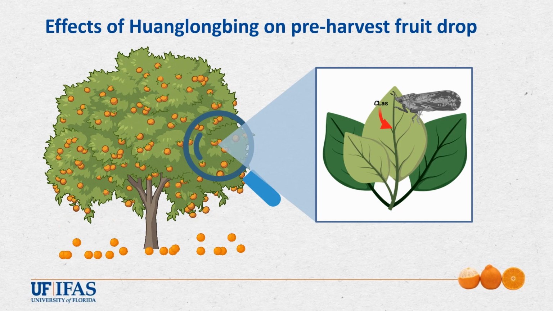Now that we have examined a range of mechanisms and causes behind pre-harvest fruit drop, let's move on to how Huanglongbing, or HLB, contributes to these mechanisms. Florida growers have to produce fruit in an era where HLB is now endemic, so understanding these mechanisms and how the disease exacerbates them can help in making smart decisions in grove management practices in order to mitigate this problem.